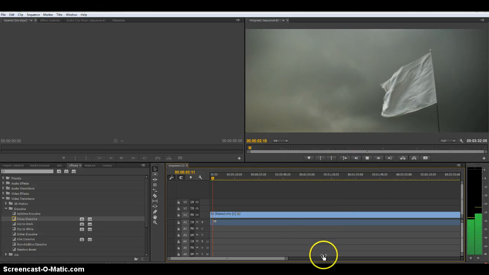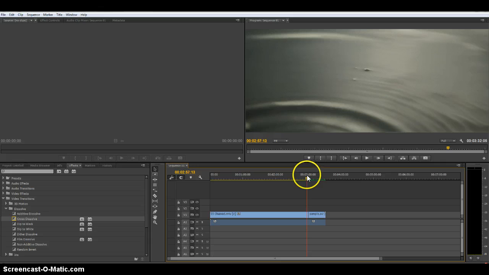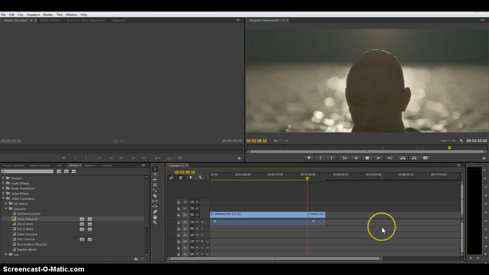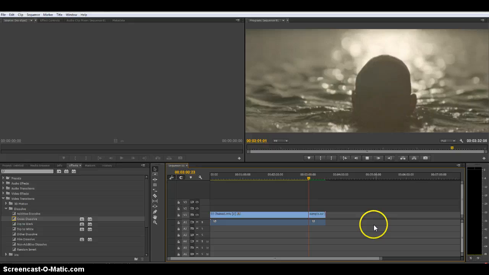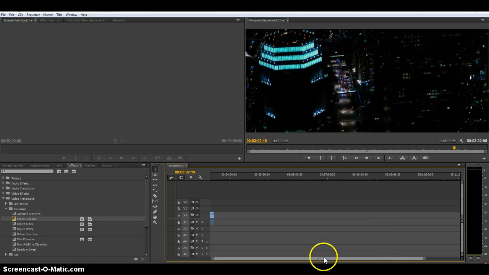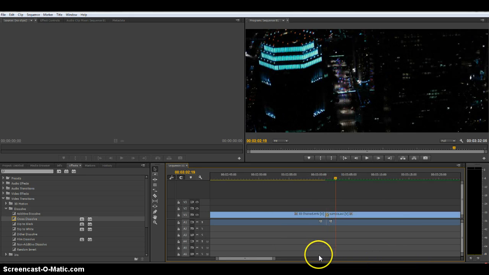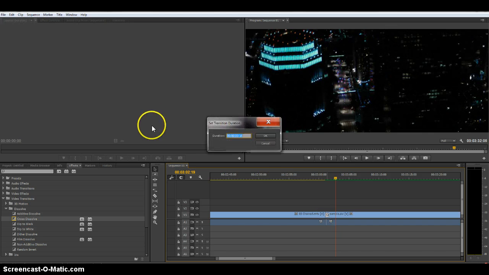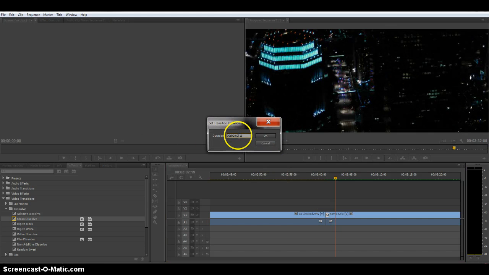So let's show you what that has done. So as you can see, it's dissolved from one shot into the other, and we can also play around with the crossfade. If we double click on it, and you can